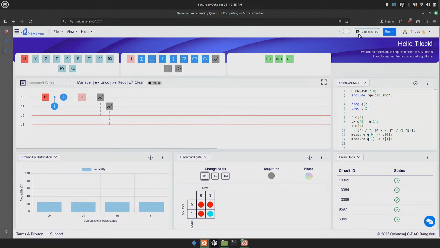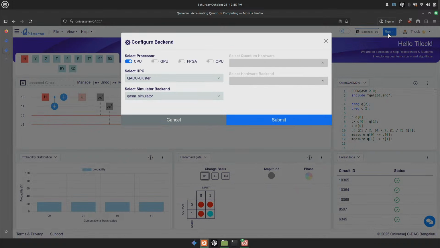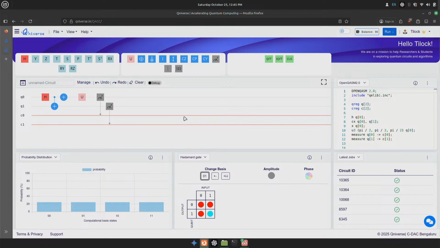So once you register, one thing that I forgot to mention is you have some balance. Once you register and you have an account, you will have around 150 credits. Each time you run a circuit, once you create your circuit, based on whether you're running it on a CPU, a GPU, or a QPU, some amount of credit will be deducted from your account.